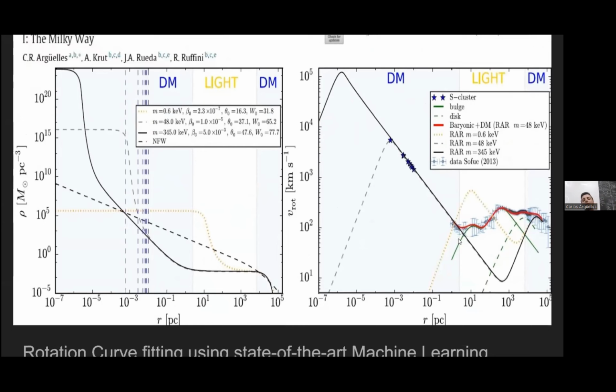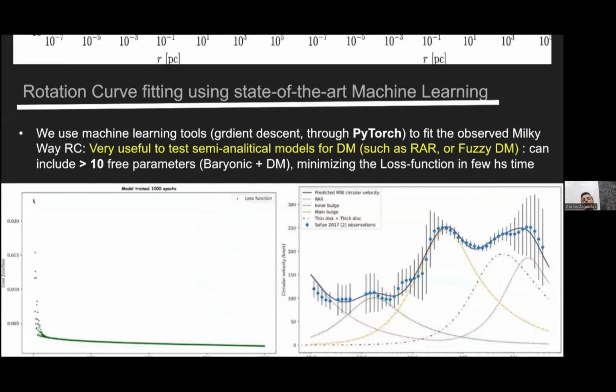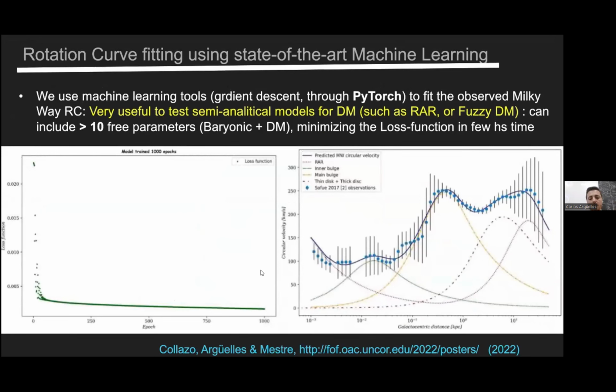But it can be done much more precisely with machine learning techniques. This has been done recently by one of my PhD students, which we present next month at the University of Chicago, about deep learning techniques used to fit any rotation curve. This is an example of this. The important thing about this tool is you can vary many parameters, ten-ish parameters. For example, if you,